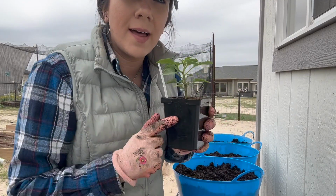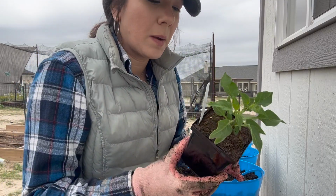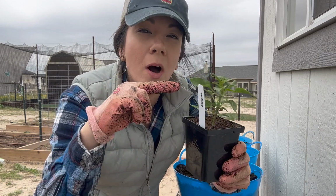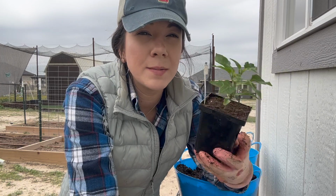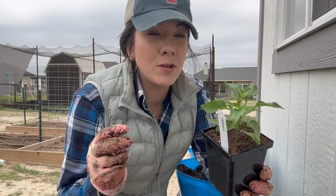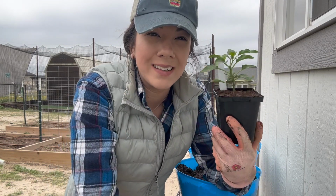And one of the things I liked about this stage or age, if you will, of this pepper plant is that it is right at the part where I get to top them off. And so when you want a fuller, more robust pepper plant that's going to be much more prolific, you really have to do the hardest thing, which is to top them off at the top at a certain stage of